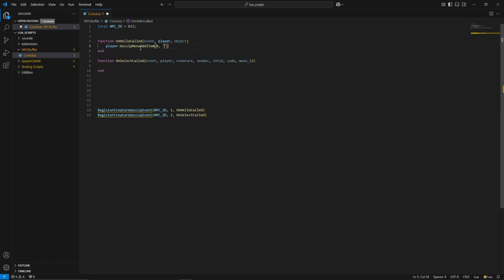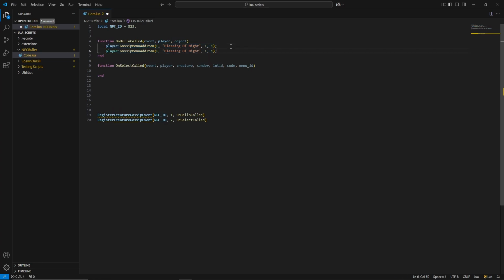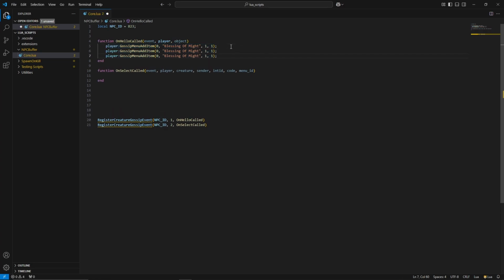Then we want text, double quotes, blessing of might, and then comma 1 and comma 1, because this is the first line, so this has the ID of 1. Next, we can select this line, Control C, go down 1 line, Control V, 1 line, Control V,